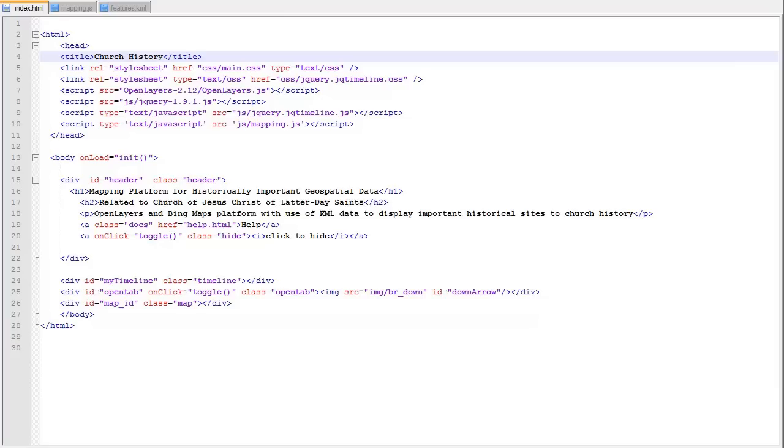Okay, we'll go over our code first. First, our HTML file, the index file. It first references some style sheets we've established, and then it also references OpenLayers here, and then we've established some jQueries, and also we've done that for the timeline. And then it references our JavaScript for the mapping